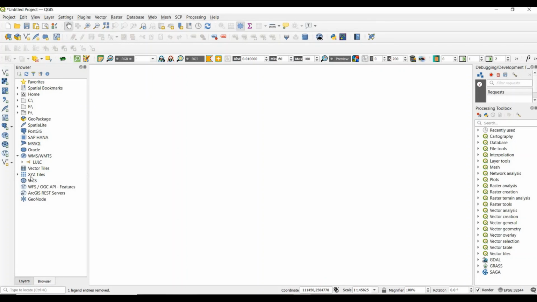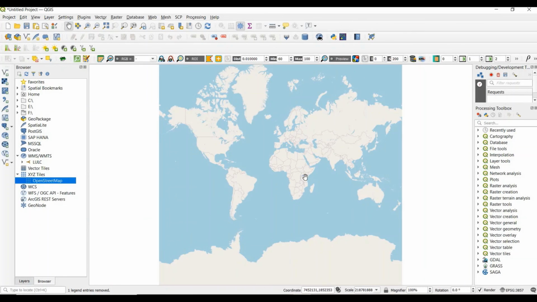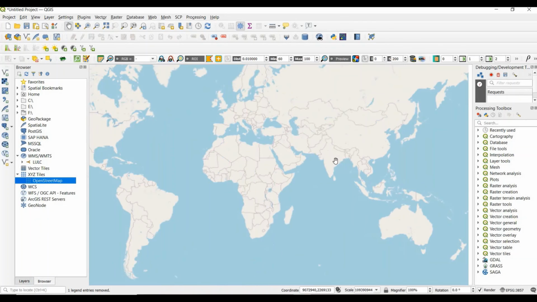Go to XYZ tiles. Here OpenStreetMap. Add to project. So by clicking that option, we see OpenStreetMap appears in our workspace.